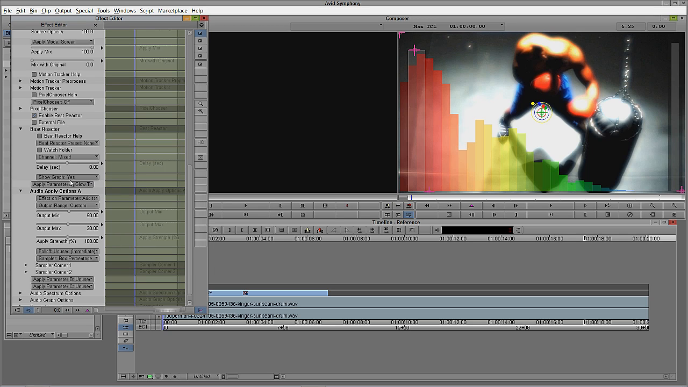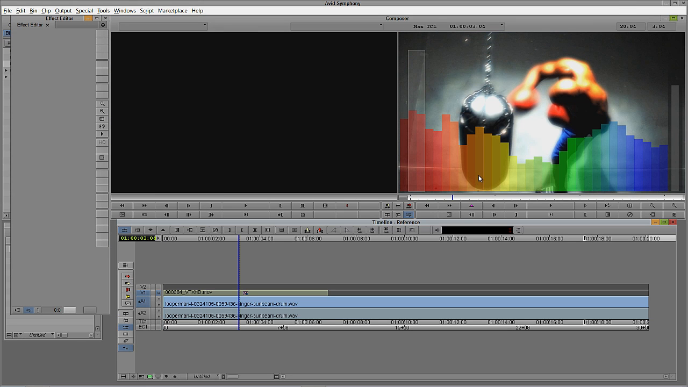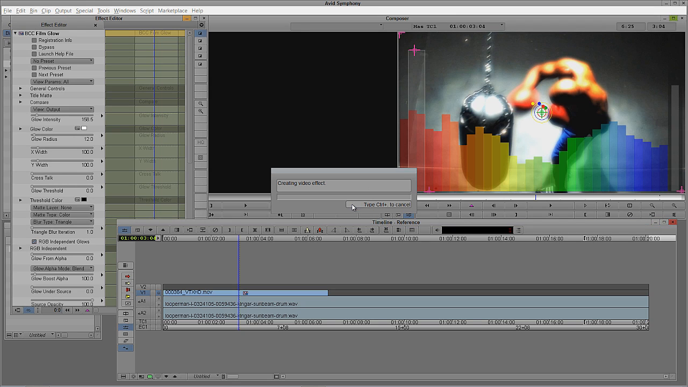And what that's actually called inside the effect is the fall off. And the fall off is located, appropriately enough, right below your output minimum and maximum, right below apply strength, right here, fall off. Right now it's set to unused. I'm going to set that to be linear, and I'm going to leave the fall off time to be half a second. What I'm going to do is I'm just going to render this out with the graph on it for right now,